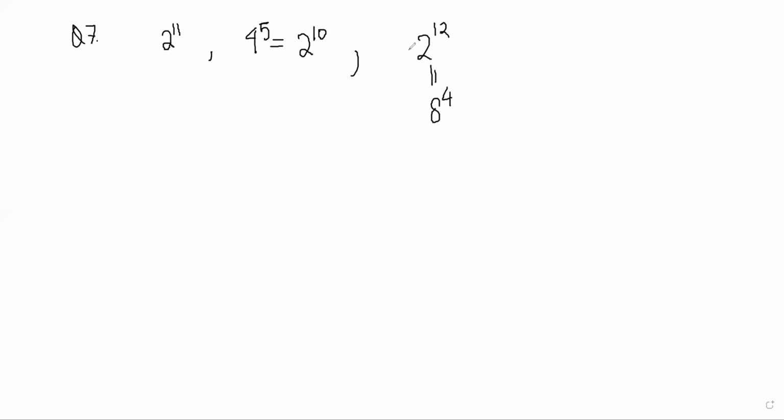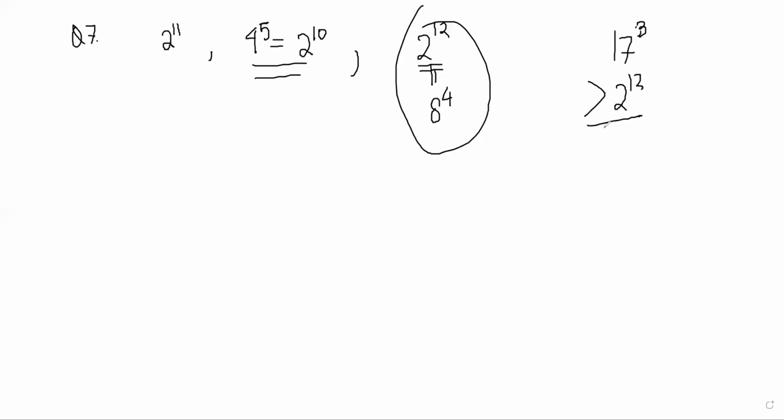Very easy. So see, 4 power 5 is 2 power 10, right? And 8 power 4 is 2 power 12 because 2 cube. And after that, 17 cube is 2 power 4 cube, so 2 power 12. It is greater than that, right? And you already know what to do then. This is greater than 2 power 10. So the largest one seems to be this then, because everything else is 2 power 11, 10. This is greater than 2 power 12, right?